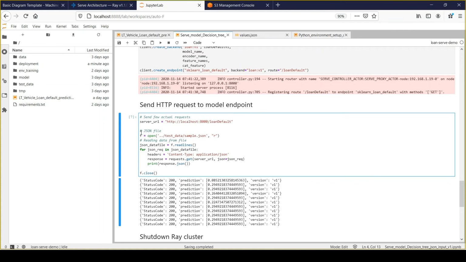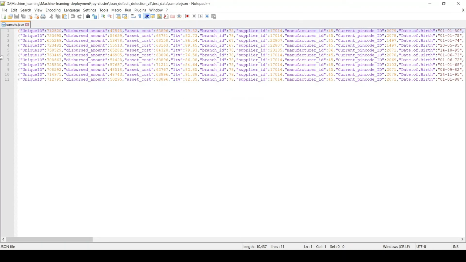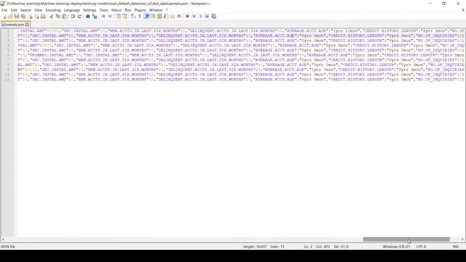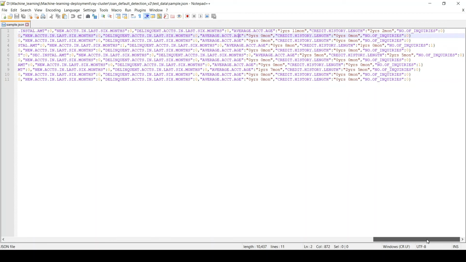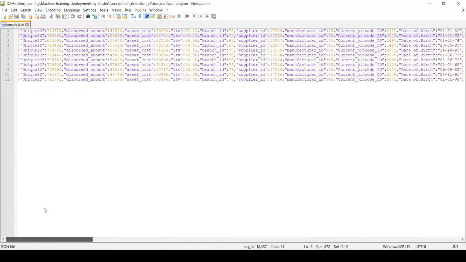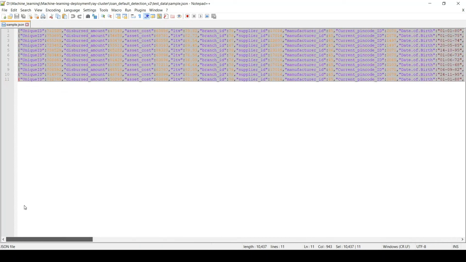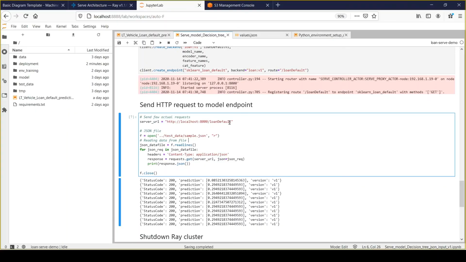And here I'm just taking a JSON file which contains different messages. So I will just show you what it contains. It's this file I'm talking about, sample.json, which contains close to 11 records. And I have taken this sample from my test data, and we haven't tested or trained the model based on this data. So this is purely a new set of instructions,